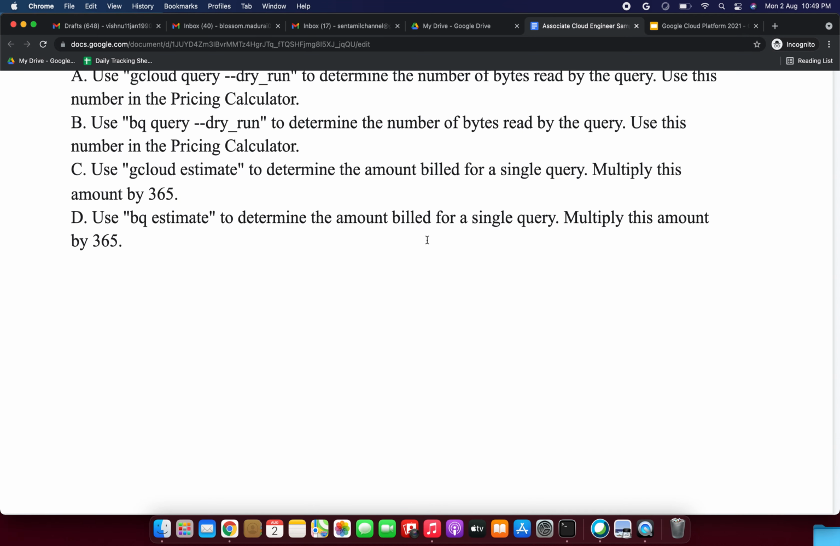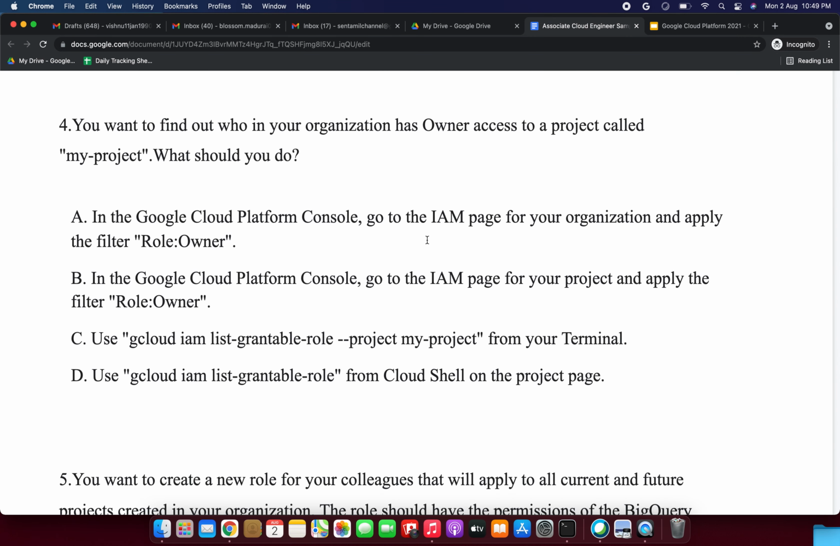Next we are going to the next question. You want to find out who in your organization has owner access to a project called My Project. What should you do? Option A, in the Google Cloud Platform console, go to the IAM page for your organization and apply the filter role owner. Option B, in the Google Cloud Platform console, go to the IAM page for your project and apply the filter role owner. Option C,